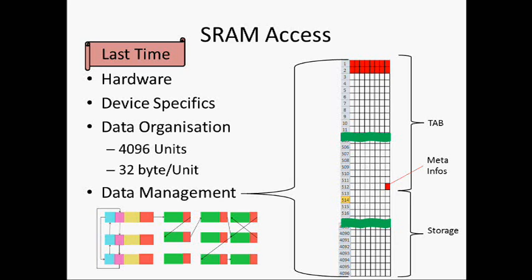The data management consists of two topics. The first one is how it is possible to find an unused storage unit, and the second is how the data are laid out in the storage. The first thing can be answered by using a table of 512 bytes at the very beginning of the storage, and each bit defines the used or unused status of a corresponding storage unit. The first 16 bits are always set as used. This is because the table itself needs some space within the storage. The last one is also always marked as used, since on the last page there is some meta